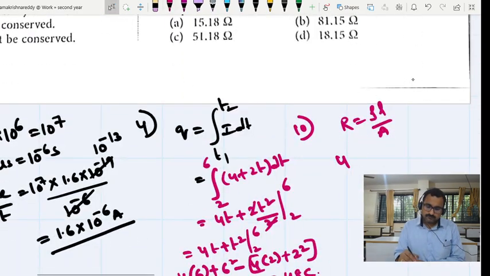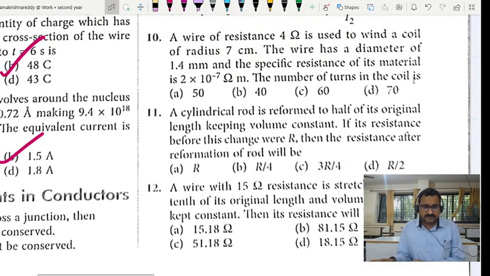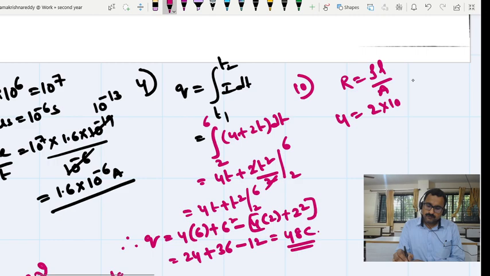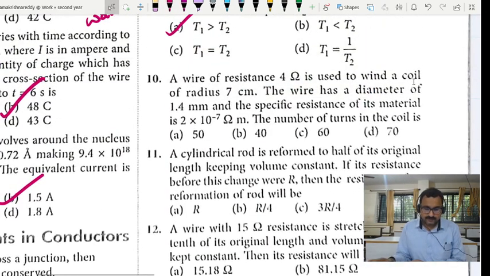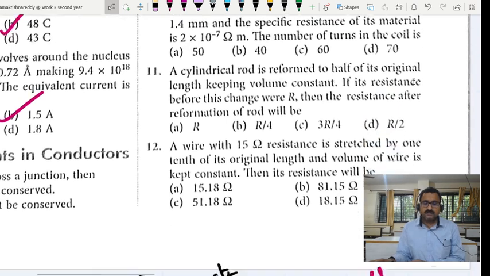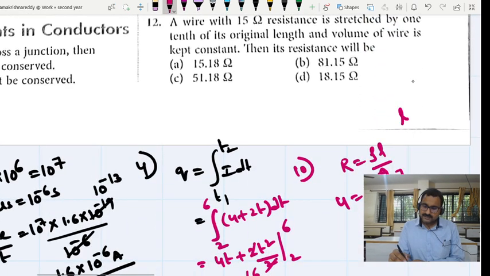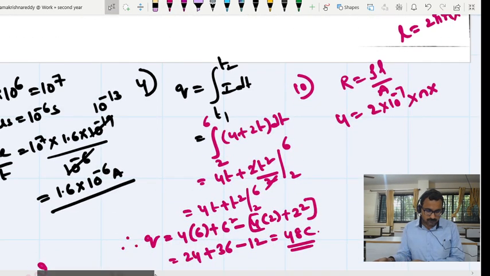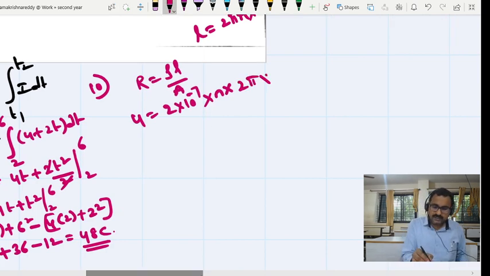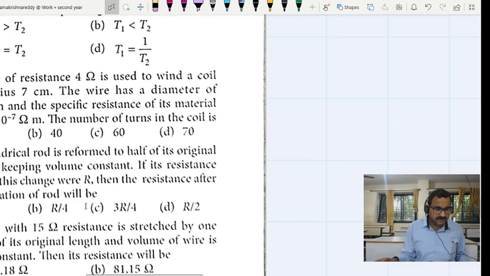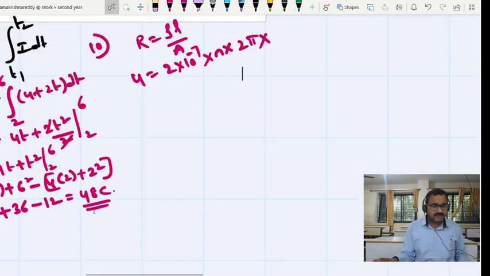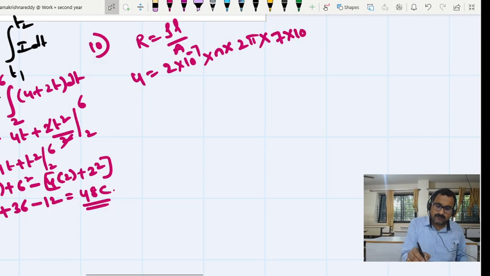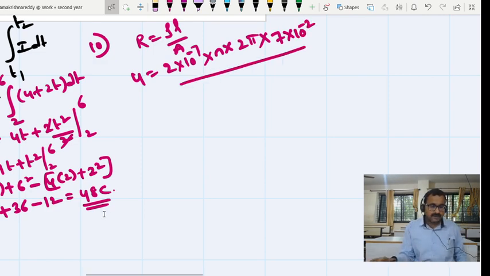R value is 4, rho value they gave is 2 into 10 power minus 7. For length, what they gave is the radius only. The coil radius: L is equal to 2 pi r, but with the number of turns n. Circumference of the circle is 2 pi r, with the number of turns n multiplied, n into 2 pi into the radius. The radius given in the problem is 7 centimeter, which means 7 into 10 power minus 2, divided by